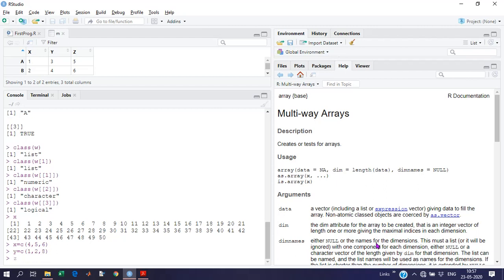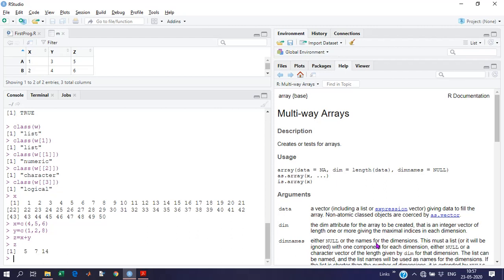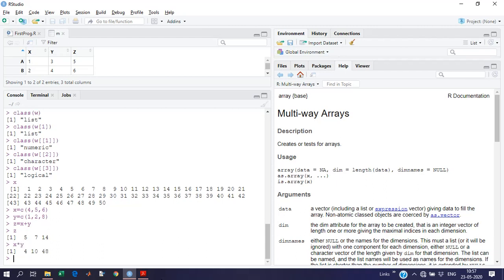Now I can go ahead with z equal to x plus y. It gives addition. Similarly, we can go for x times y. Let's see what it actually is: 4 into 1, 5 into 2 and 6 into 8. It's performing element-to-element multiplication.